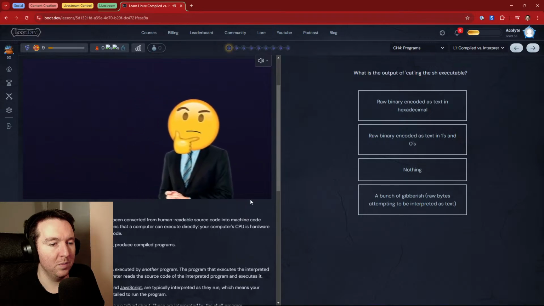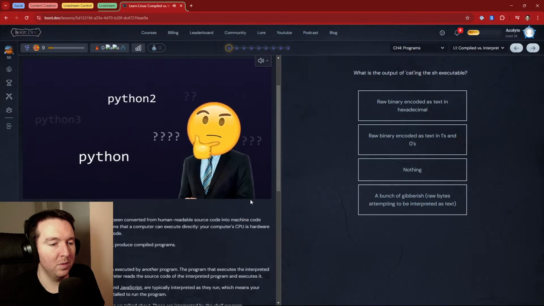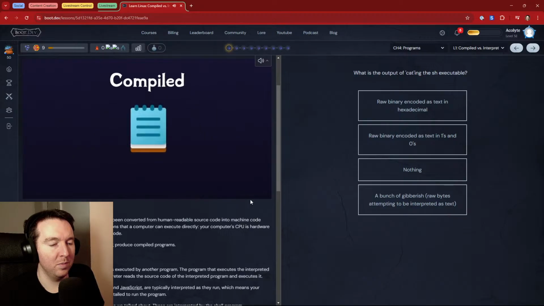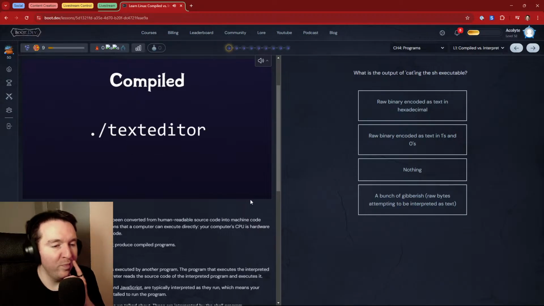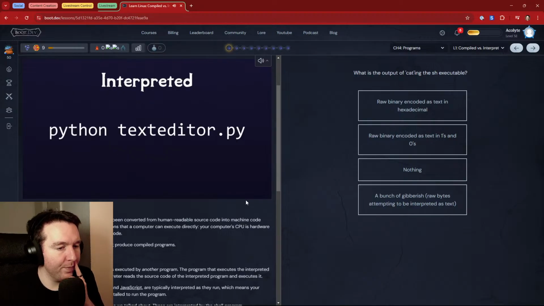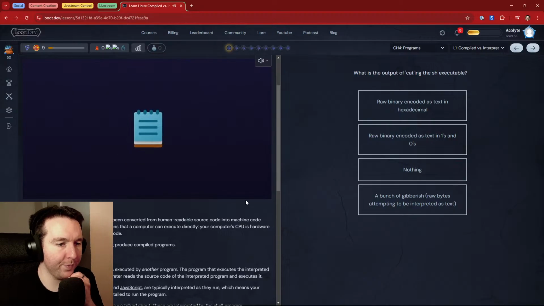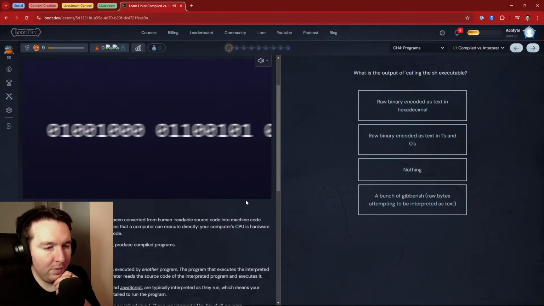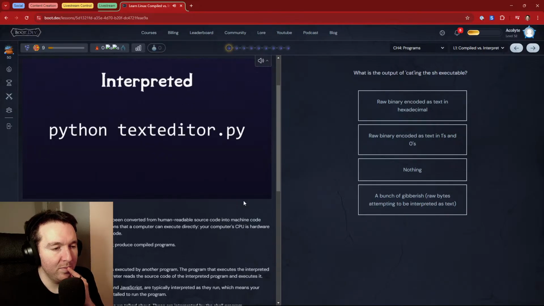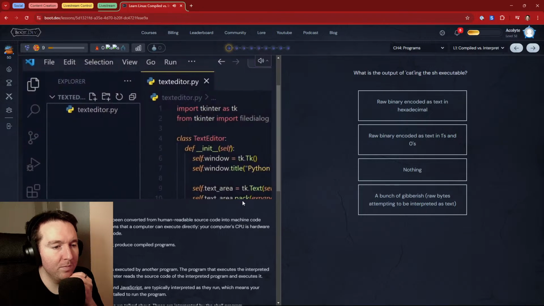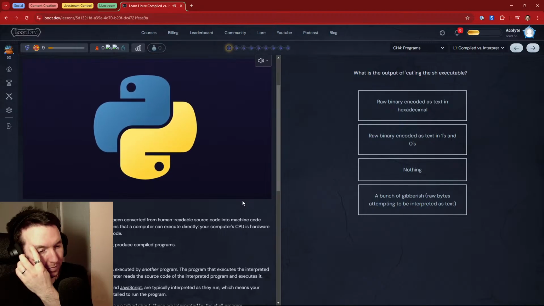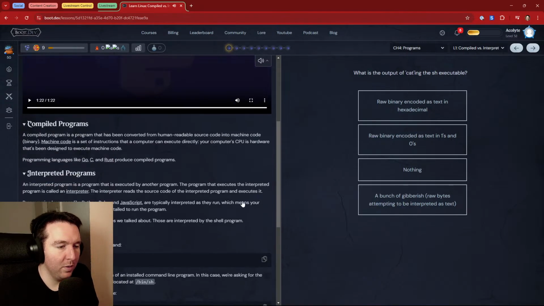However, when you run an interpreted program, you need to tell your machine which interpreter it should use. For example, to run a compiled program called texteditor, you might just type ./texteditor. To run an interpreted Python program, you might have to type python texteditor.py. That's because the first one is a compiled binary. It's just ones and zeros that your machine knows how to execute. In the second example, texteditor.py is just a file of Python source code, so it needs access to the Python interpreter. Nice simple explanation on that one.